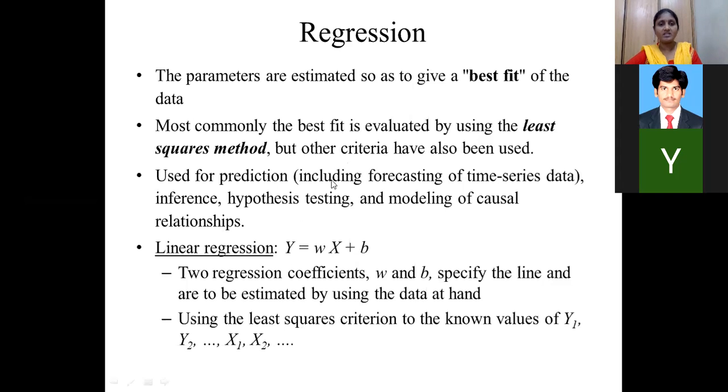In the last class, we discussed all these things. The equation is y = wx + b. Here we are using two regression coefficients, w and b. We already know the slope-intercept equation from school level: y = mx + b, where m is the slope and b is the intercept. Like that, here we have two regression coefficients. b is the intercept of the equation, and w becomes the slope of the equation. We are going to find those values by using this equation.